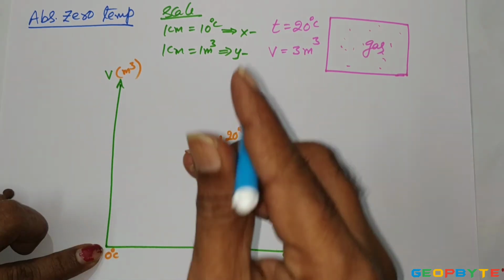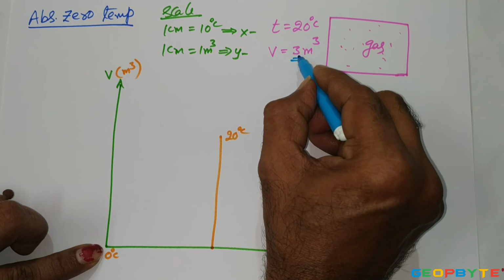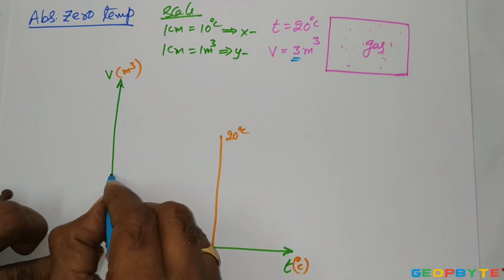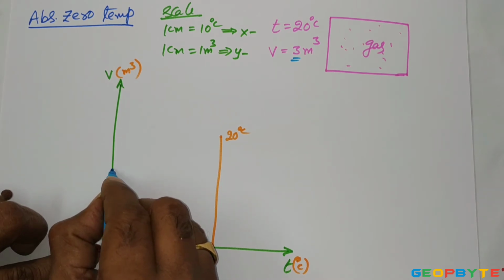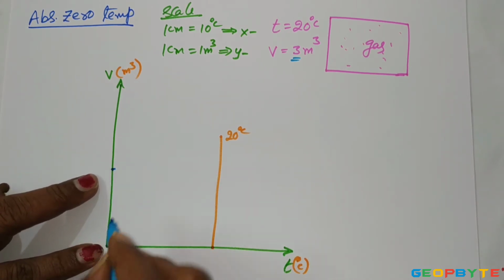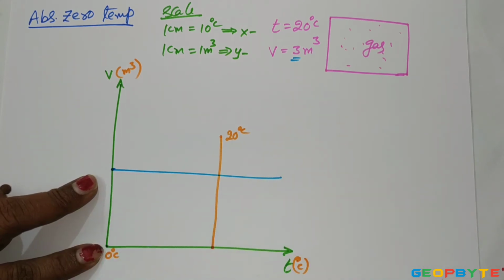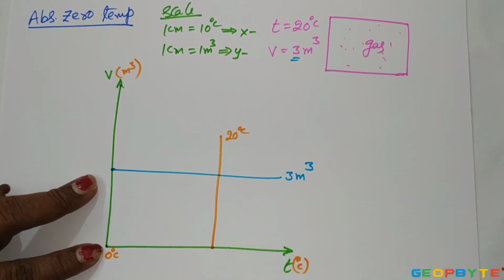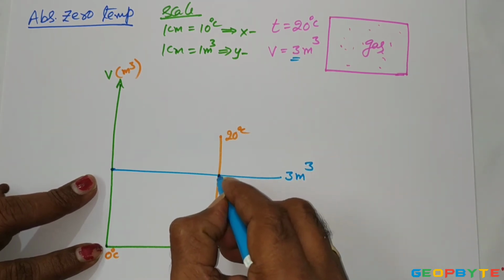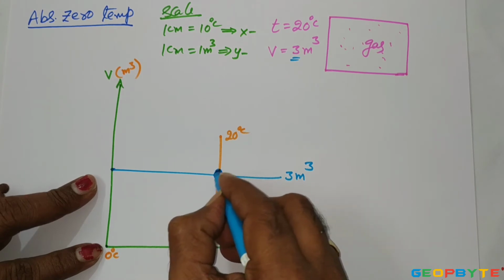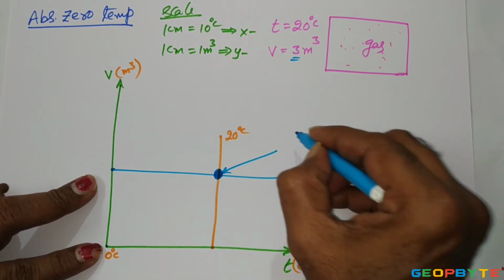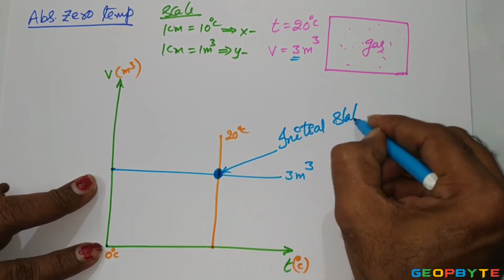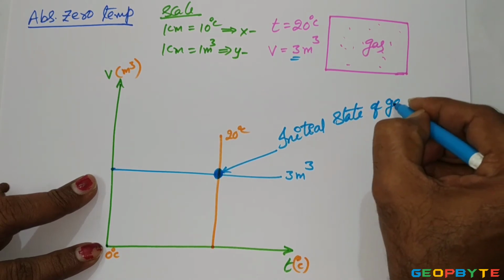Similarly, the volume is 3 meter cube. 3 divided by 1 equal to 3. Mark a point on the volume coordinate at a distance of 3 centimeters from the origin. From that point, project a horizontal line representing 3 meter cube. Wherever these two lines are meeting, that is the state of the gas. This is the initial state of the gas. That is how you can mark the